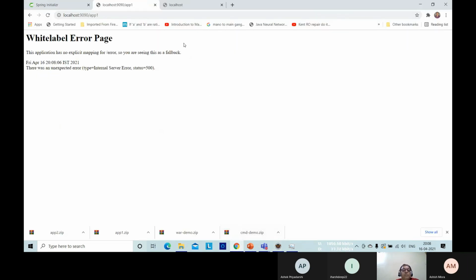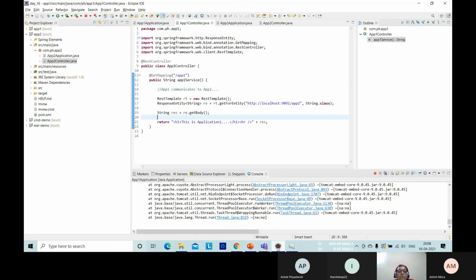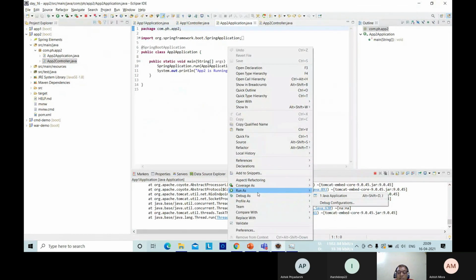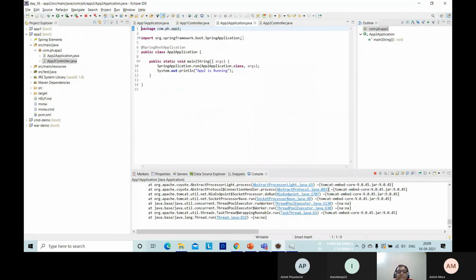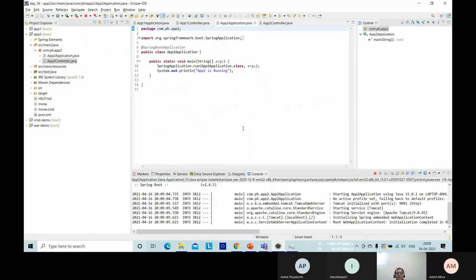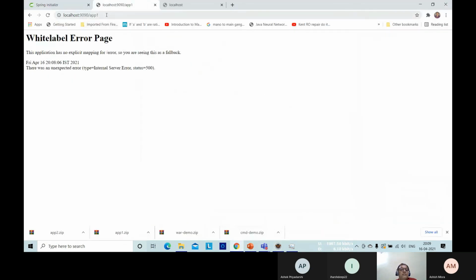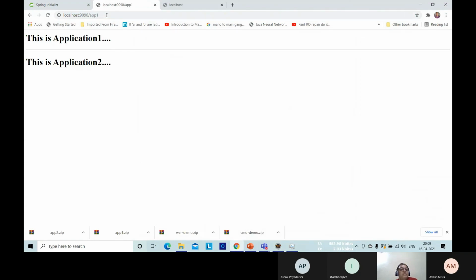Okay guys, so what we have to do is relaunch the second app server, the second application. So the second application got started. Now soon after starting the second application, let me run the first application.